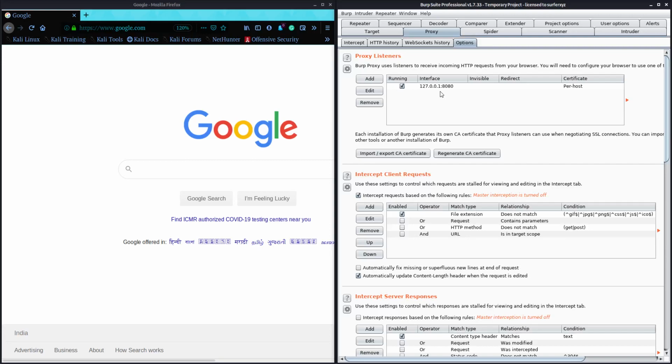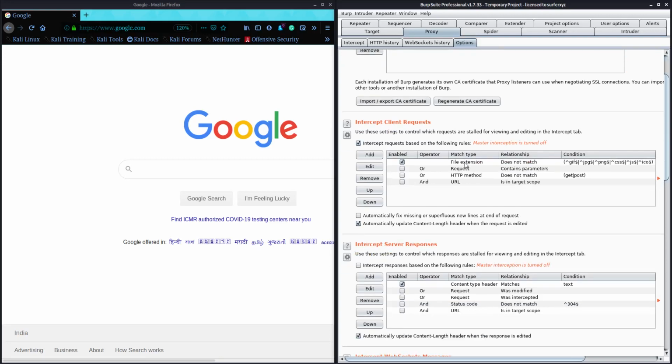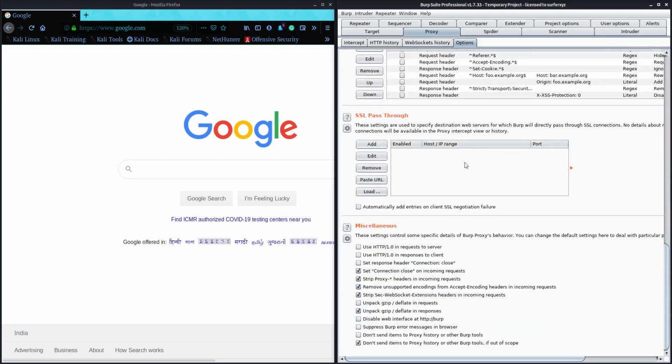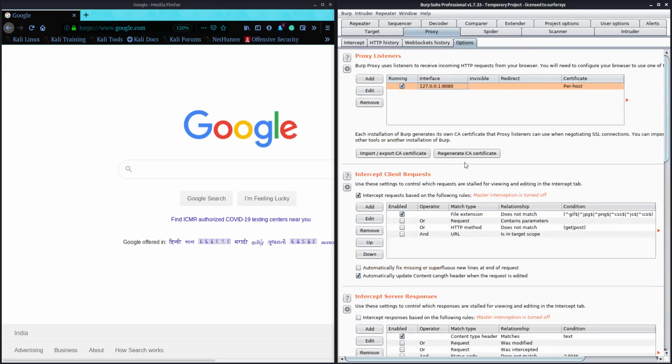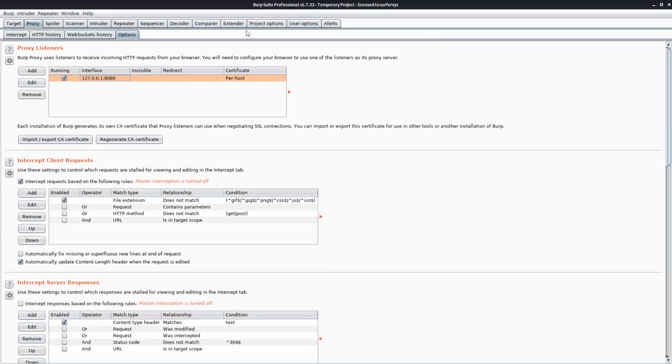So Burp Suite is an application layer proxy, and by default it listens on this IP and this port. We can import and generate certificates, and there are enormous other options you can set up, but let's not discuss everything. It would take many hours.